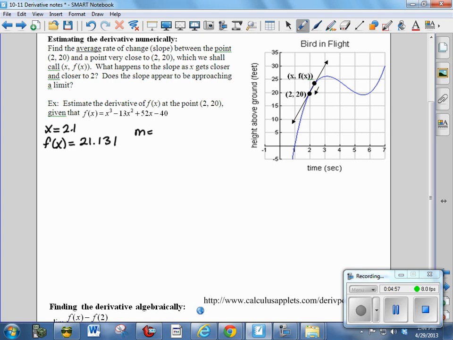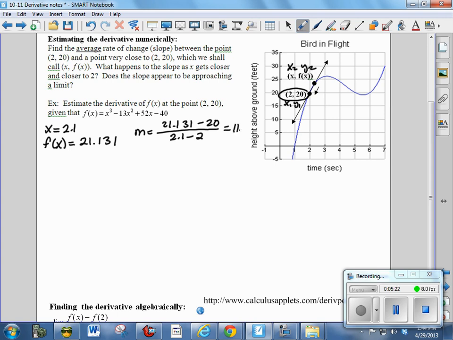Remember, this will always be my x1 and my y1, the 2, 20. And the other point is always going to be my x2, y2. So whatever I get for my f of x point is going to be my y2. So this is going to be 21.131 minus 20 all over 2.1 minus 2. And this gives me